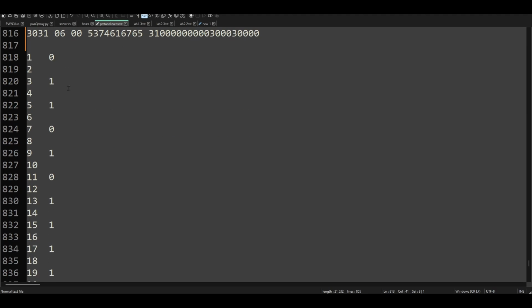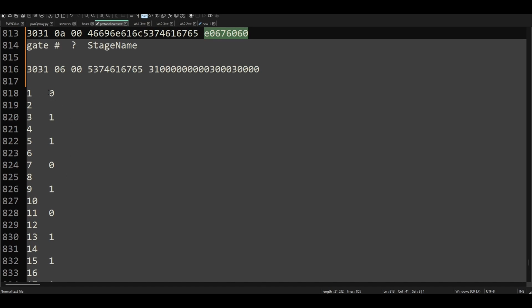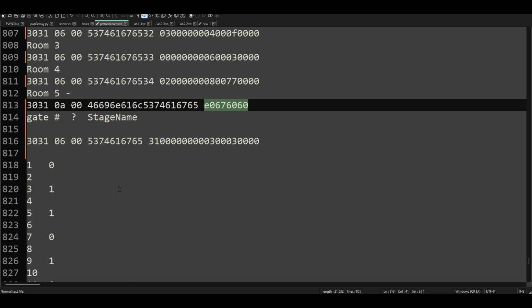So 0, 1, 1. Every other switch essentially has a static state, right? So 1 has to be off, 3 has to be on, 5 has to be on. And that reduces the number of possible brute force combinations from 4 billion down to only 65,000, which is a